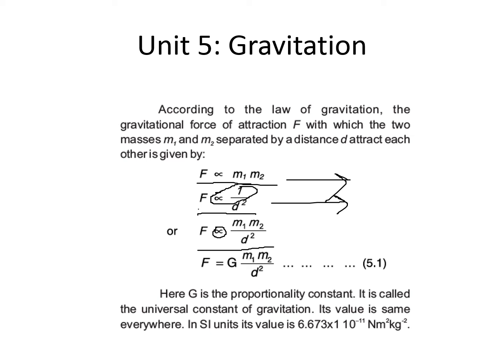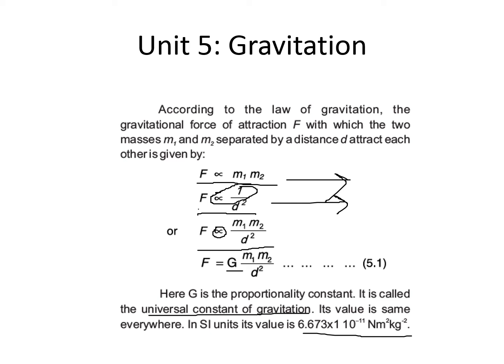So what we have to do, we have to place some proportionality constant. In this case, G is the proportionality constant, and we call this constant the universal constant of gravitation, and its value remains the same everywhere, like the value of g. So the value of this G, which is known as the universal constant of gravitation, is 6.673 into 10 raised to power minus 11 Newton meter square per kg square, right? So this is the value of the universal constant of gravitation, and you have to memorize this value of